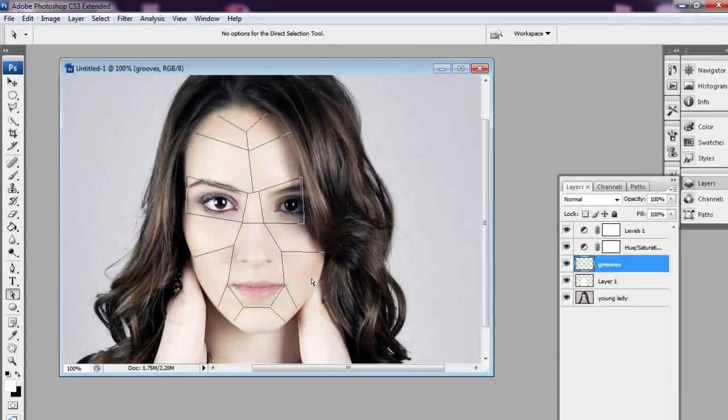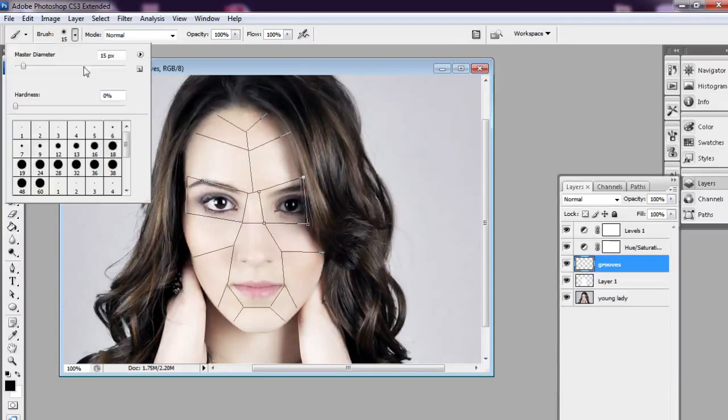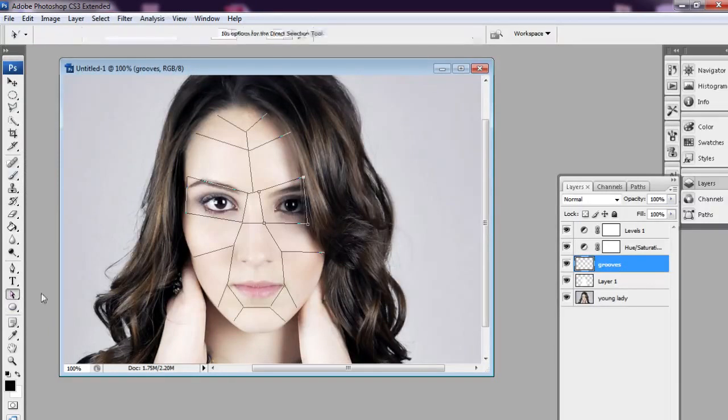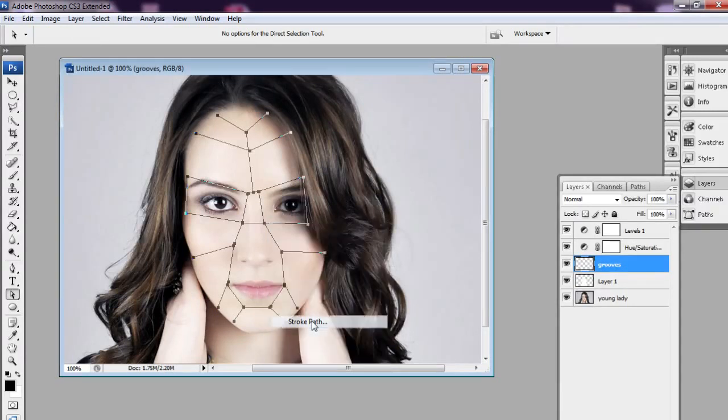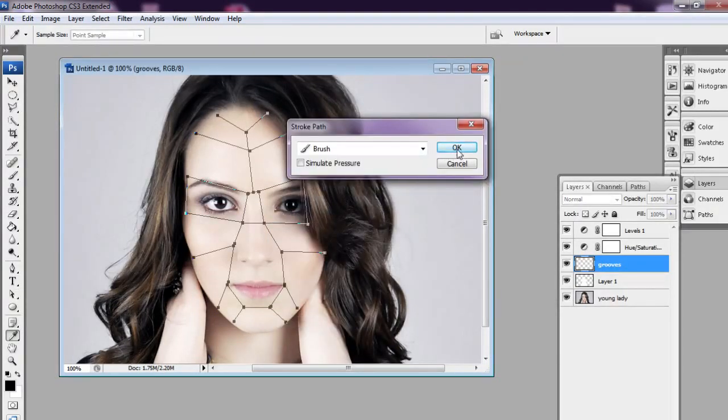It doesn't have to be super realistic for this tutorial, but you can mix and match, and because these are created by points, you can adjust them simply by clicking on the points, adjust them like that. So what we're going to do is pick a brush. Let's try 6, and we want maximum hardness, and we're going to select all of them like that using the path selection tool, and we're going to right click, and go to stroke path. We're going to go OK,